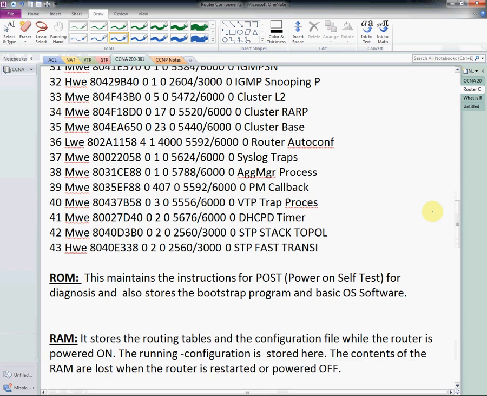Now we will move to ROM. ROM is nothing but read-only memory. It maintains the instructions for when the router is powered on. When the router is powered on, it starts booting from there. In general, this maintains the instructions of POST, power-on self-test, for diagnostics, and also stores the bootstrap program for the operating system. When the router is switched on, it loads the operating system, same as in our PC. So ROM maintains the instructions for booting the operating system from the